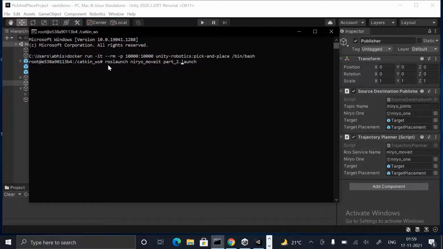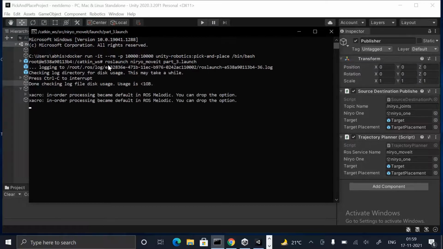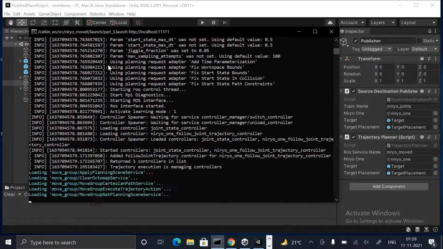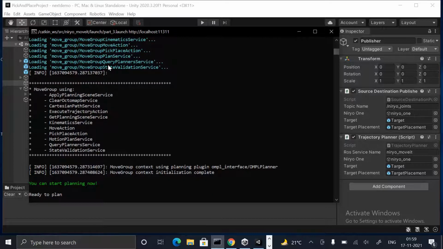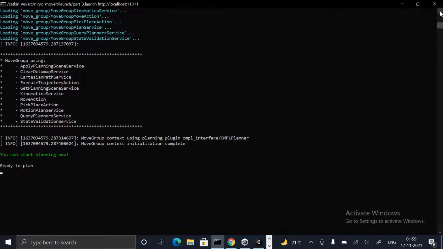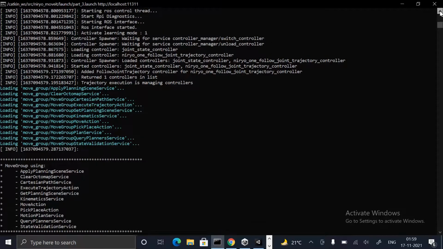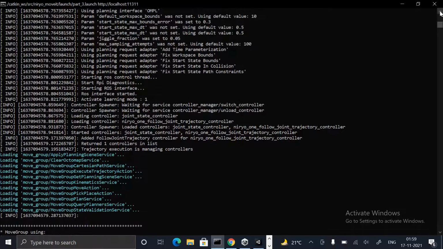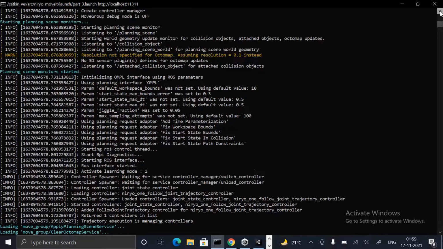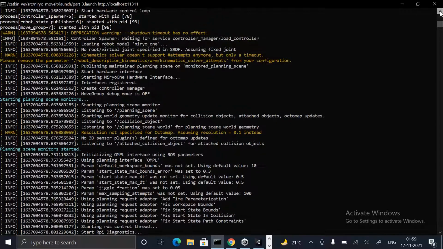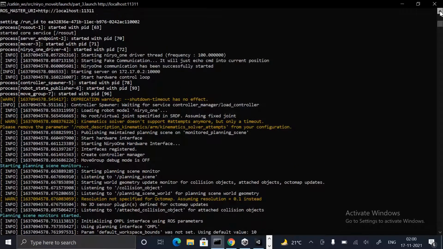And as we are moving into the third part, that is the current movement part, we'll have it like this. And now we'll hit enter. So after this, you'll see finally that you can start planning now. If we take a closer look into all the options that are available, as soon as we start the interface, first of all, just go to the top. You'll see each and every part that is needed.